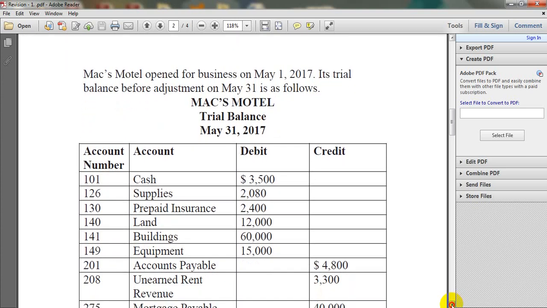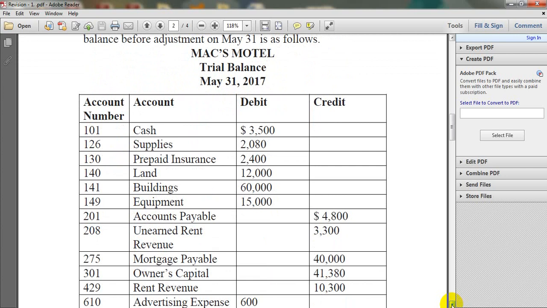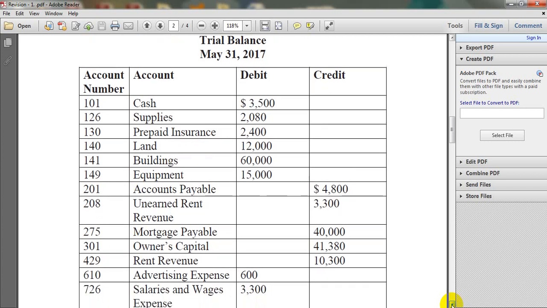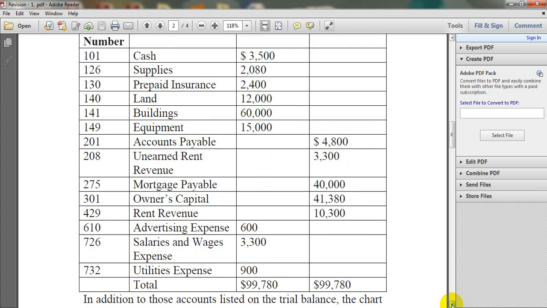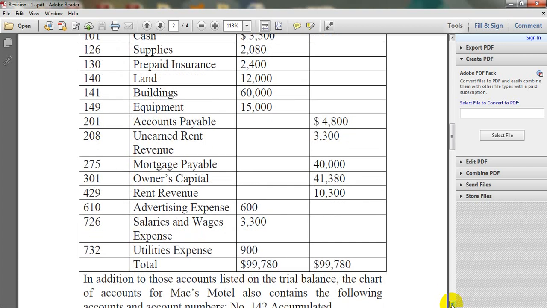In the trial balance, we will get the accounts for cash 3,500, supplies 2,080, prepaid insurance 2,400, land 12,000, buildings 60,000, equipment 15,000, accounts payable in the credit 4,800, unearned rent revenue 3,300, mortgage payable 40,000, the owner's capital 41,380,